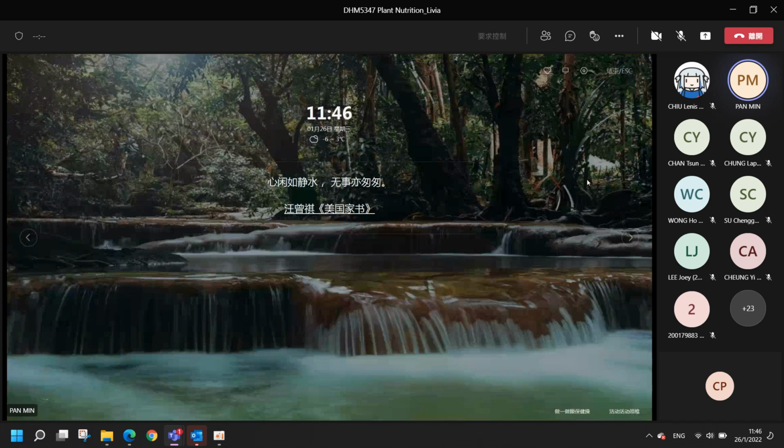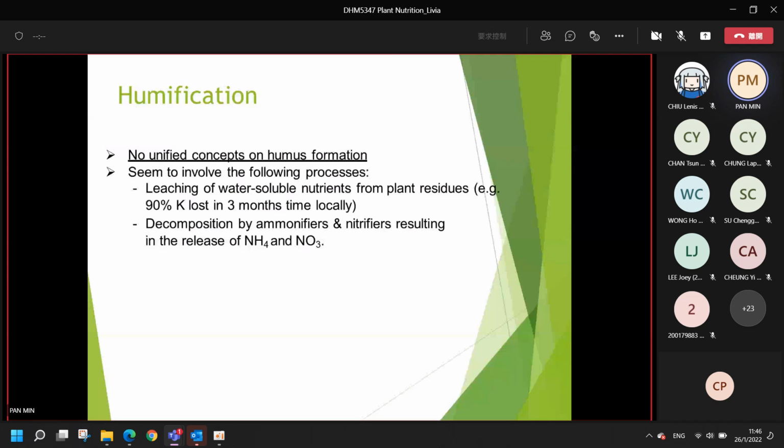For the next part, humification is known as a unified concept, and humus formation seems to involve the following process: the leaching of the water-soluble nutrients from plant residues, such as the 19% of potassium lost in the 3 months. So for the fertilizer application, we can consider this nutrient release in the soil and nutrient loss at the soil